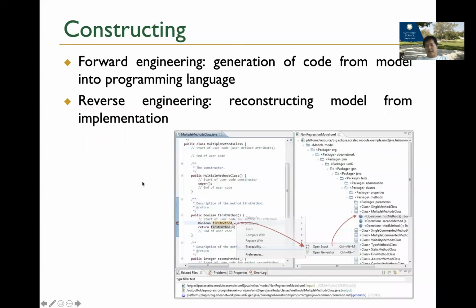Constructing means that you can actually generate some of the code from the UML diagrams automatically. So build some kind of software directly. There are a lot of tools that help do this, where you build all the UML diagrams first, and you can generate part of the code from the diagrams so that you don't have to manually write it again.